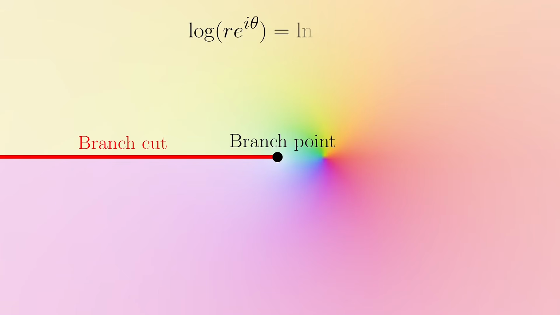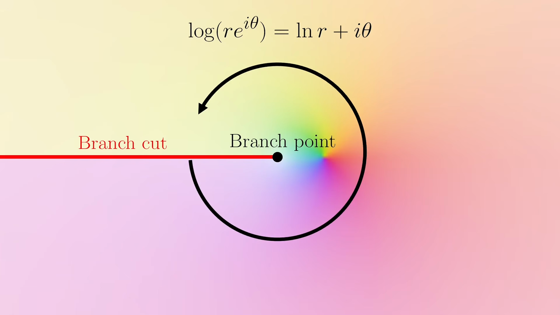This formula is the reason we have to have a branch cut somewhere. When we cycle around 0 counterclockwise, theta always increases. If you start with theta being -pi, after a cycle, it will increase to +pi. So there has to be a jump for every cycle, hence the branch cut.